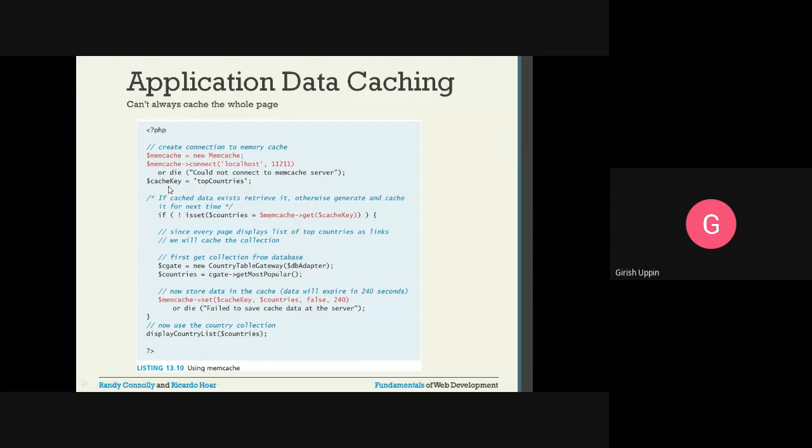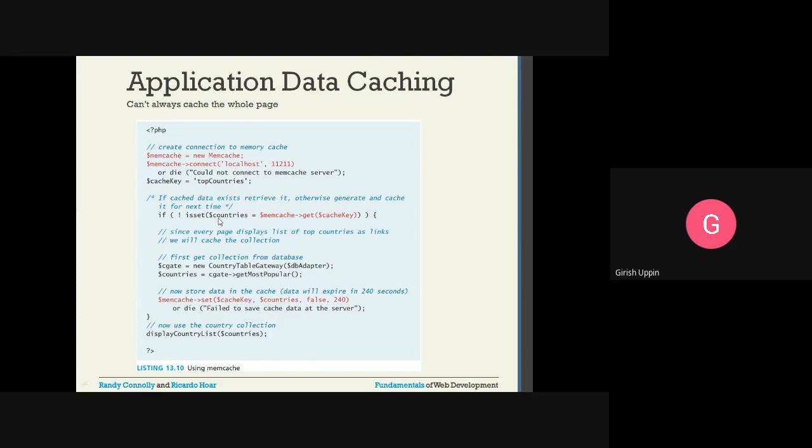Then I have the variable $cacheKey, where I store the string top countries. Then, if cache data exists, retrieve it; otherwise, generate the cache for the next time.